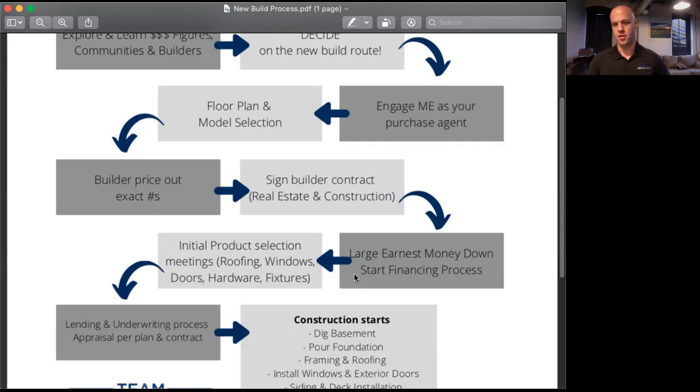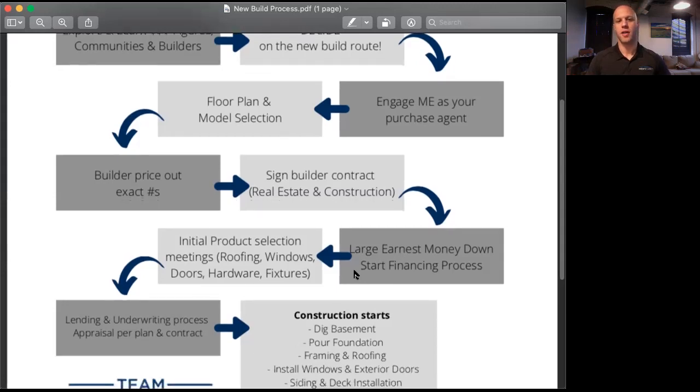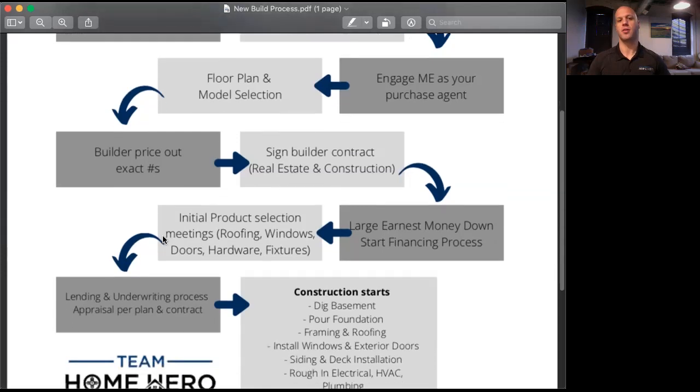Obviously, any further in-depth questions, we can have a personal discussion back and forth on everything. But then once you have your earnest money down and financing started, this is when you start all the selection meetings and you've got to start picking everything out. So at the first initial product selection meeting, you're going to go over a lot of your exterior things because the way this house is built, which you'll see in a sec, it starts at the outside first and then goes inside. So you're going to pick out your roofing, your windows, your doors, your exterior doors,